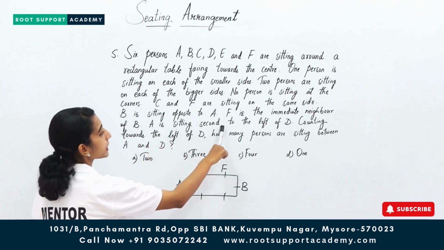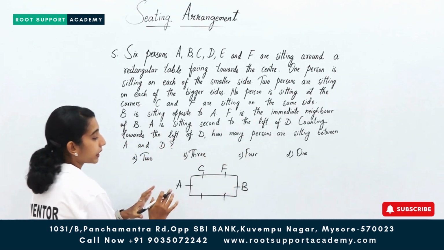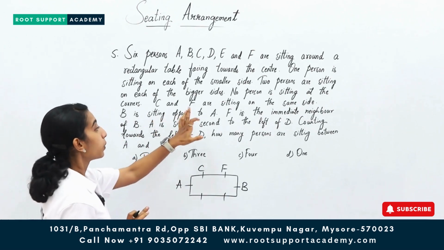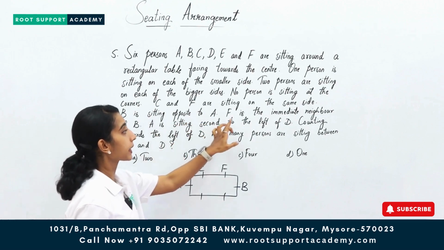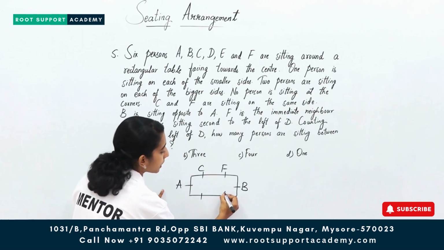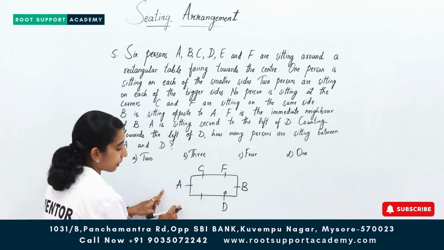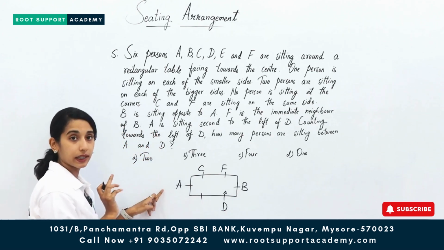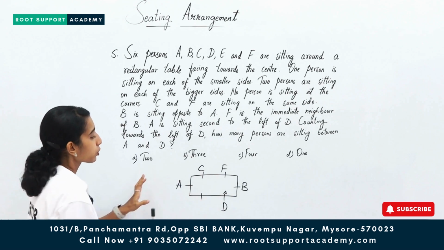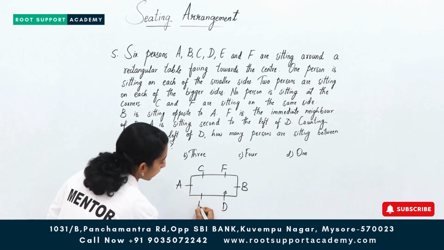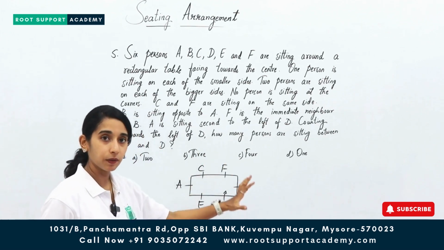Next, A is sitting second to the left of D. D we have not written yet, but A's position we have to understand. Where is A sitting? A is sitting second to the left of D. Okay, if D is here, everybody is facing the center. This is the left side of D. This is the right side. Left side, second position, who is sitting? A is sitting, we have understood. So now everybody is done, only one is left. A, B, C, D, okay, E is left out. So we have written their positions.